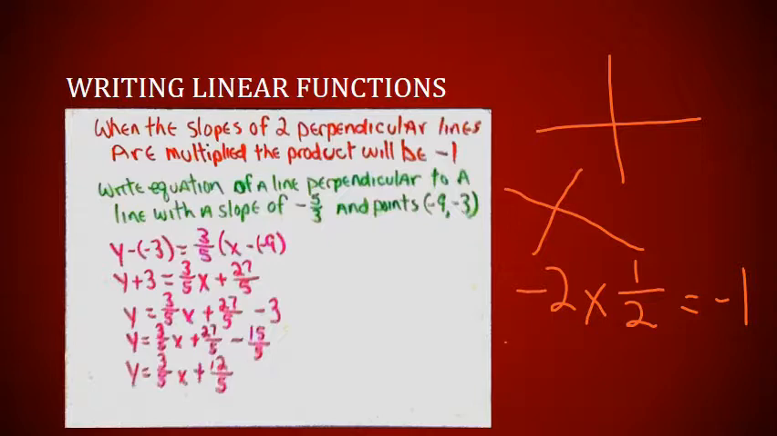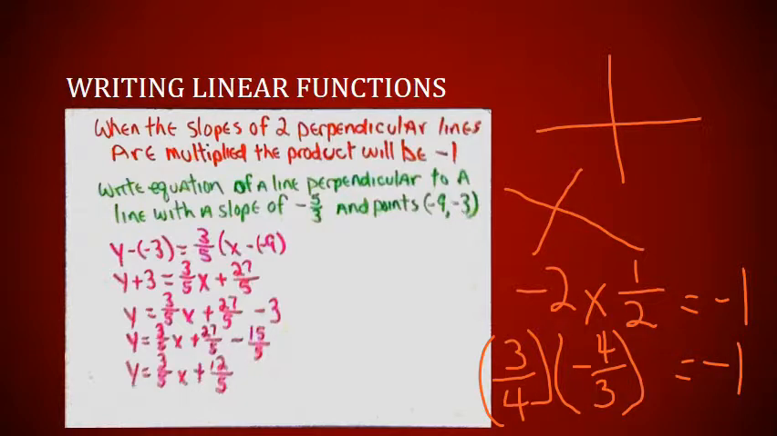Or let's say I've got a slope of a line that is 3/4. Well, for a line that's perpendicular to it, its slope would be minus 4/3. And if I were to multiply those two numbers together, well, I'm going to get minus 1, which means that they are perpendicular lines. So in this problem here, I am given that the slope of the line is minus 5/3. And I'm asked to write a line that is perpendicular to that also travels through the point minus 9, minus